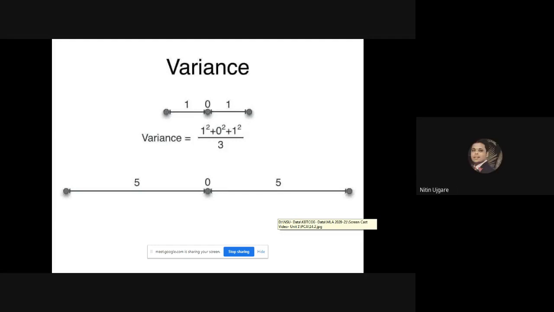Okay. So 5 square plus minus 5 square plus 5 square. So 25 plus 25, so 50 divided by 3. Yes, 16.6. That is the right answer. So that would be the variance of this set of points. So variance is again a kind of mean. The same formula that we used to calculate the mean is used here. The only difference is that variance describes the spreadness of instances, which cannot be visualized using a mean.